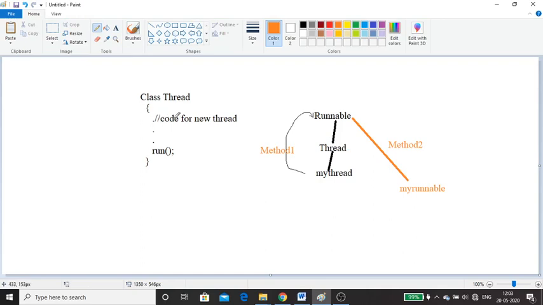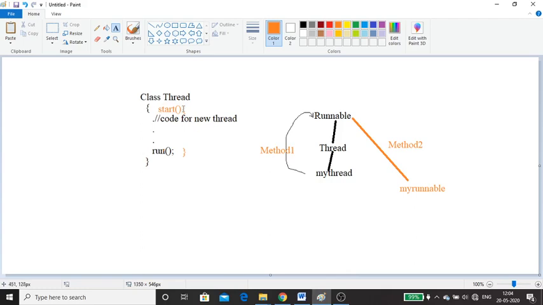Within it there is a method with the name start, using which the developer has already written some code to create new threads. Just by calling start we can create our own threads. At the end they call the run method, which is present within the built-in Thread class, but there you will not find any definition, and you have to write the definition on your own. That concept is called function overriding.